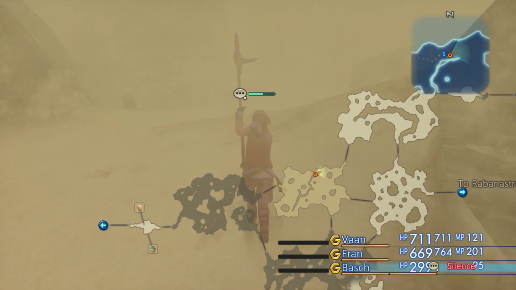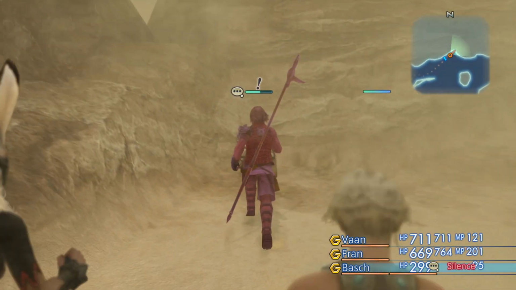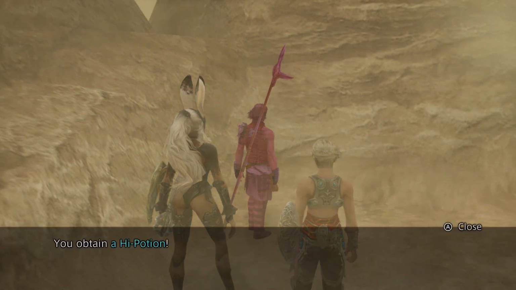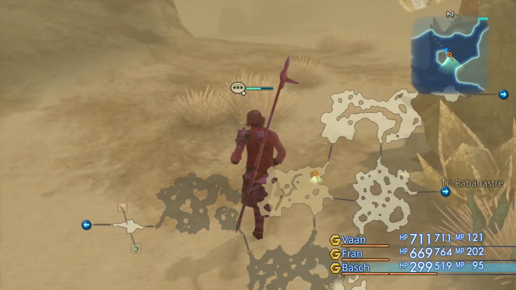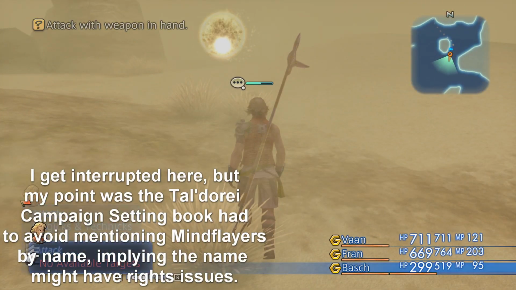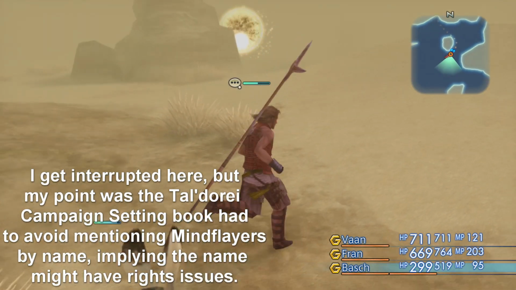Though, I'm jumping the gun on a much later hunt here, but this game does get away with a hunt enemy called Mind Flayer later on, which, I know that the Taldore campaign setting, which is before Critical Role got endorsed by Wizards of the...